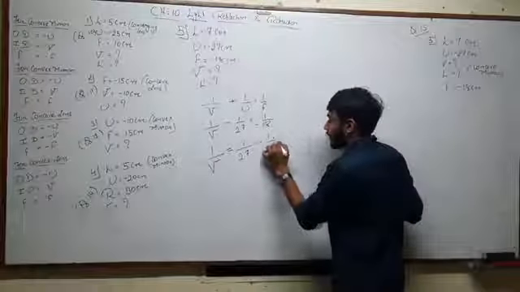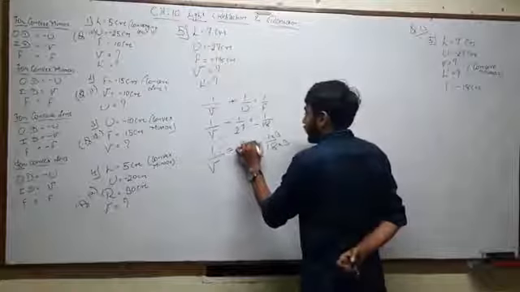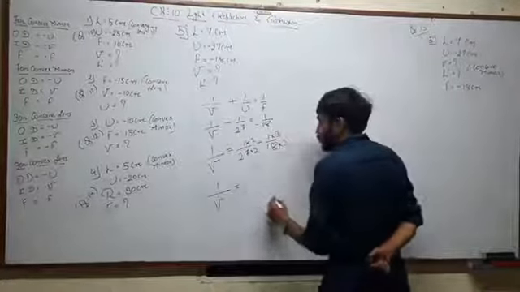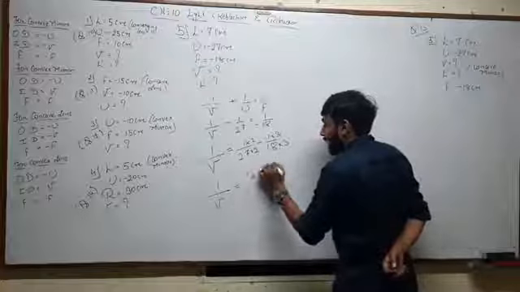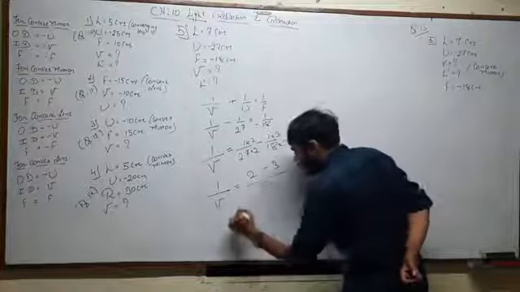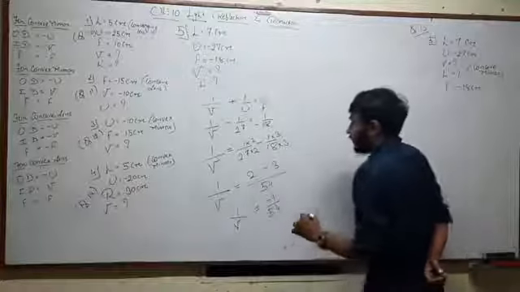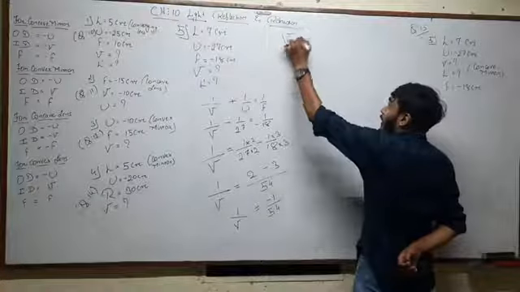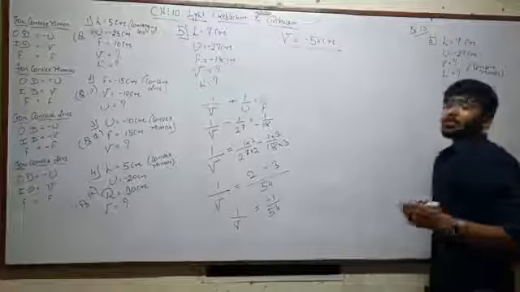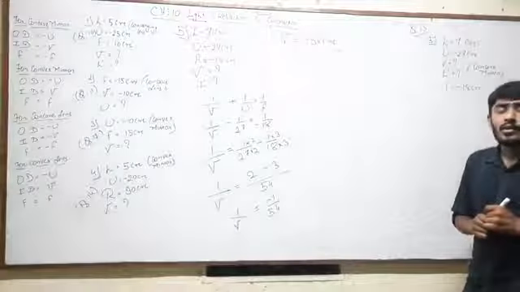So I can write over here into 3 into 3, so that becomes again 54. I can write over here into 2 into 2. So we can write 1 upon V is equal to 2 minus 3 ones are 3 upon 54. So 1 upon V is equal to minus 1 upon 54. So students, we can write it in the reciprocal, that is minus 54 centimeter. V is equal to minus 54 centimeter will be your answer.